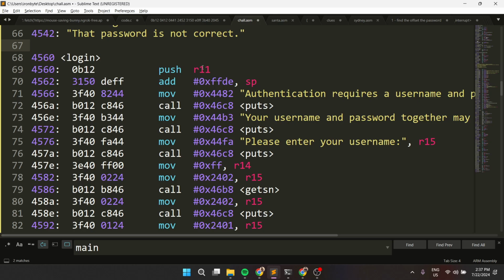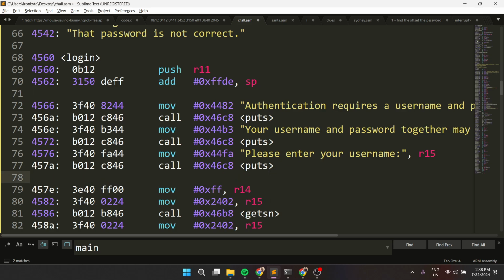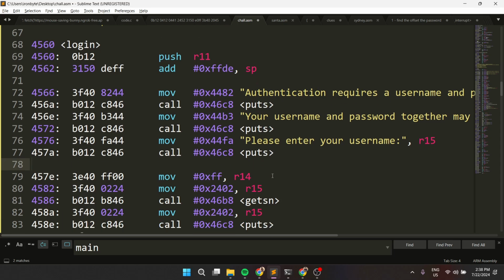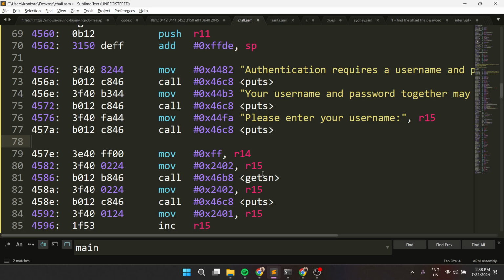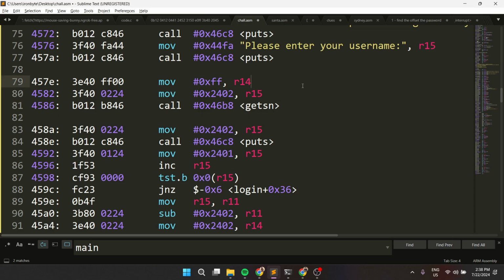Okay, so we are going to be pushing the register 11, and then getting this stack pointer aligned with this offset, and then we just print the casual messages that we have been seeing on the microcorruption challenges, which are just the username and the password and all of that. So we start by reading the username. So we are going to be reading 0xFF, which is 256 bytes of data,